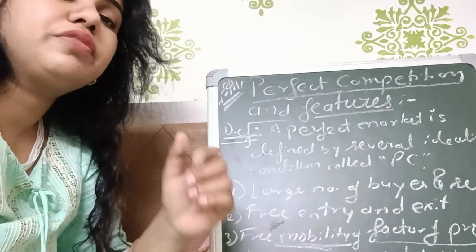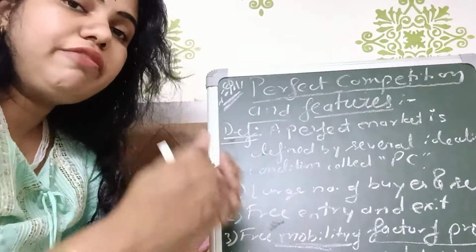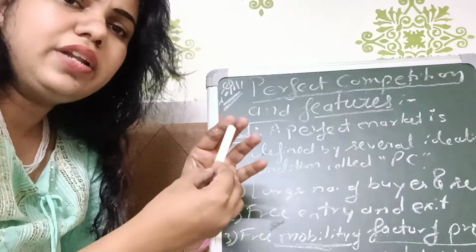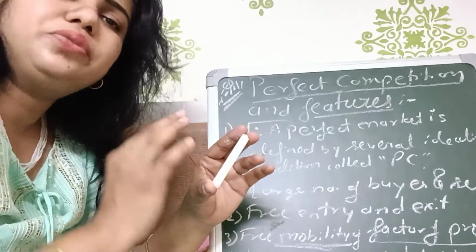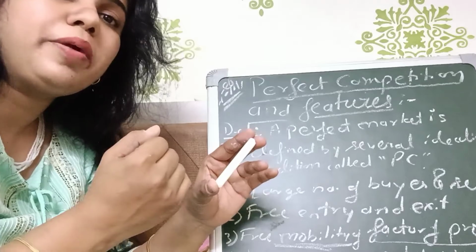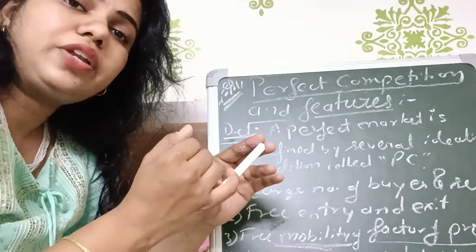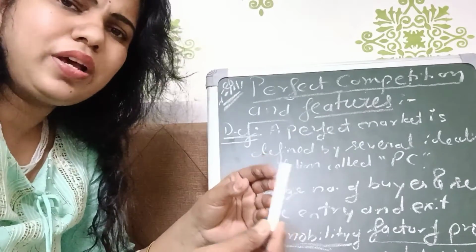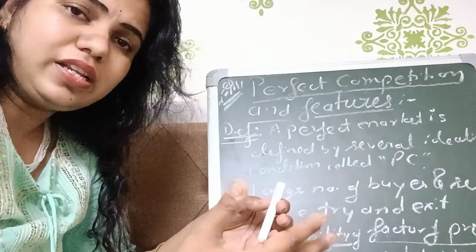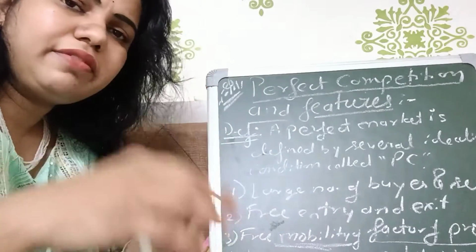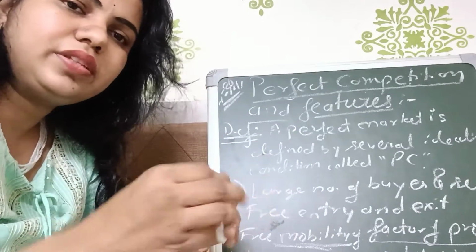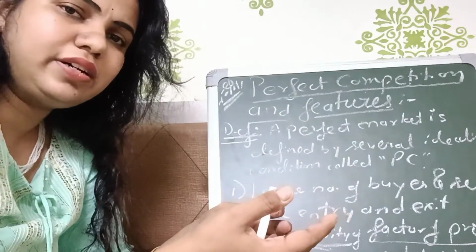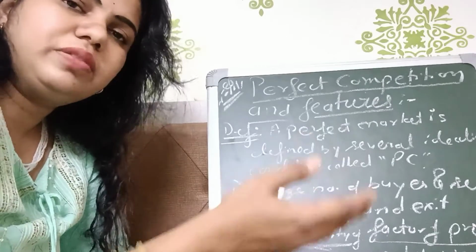Why is no transportation cost required? Because in this market, suppose I am a manufacturer and I want to manufacture this particular chalk, right? So for me the raw materials are available near that location only. I need not get the raw material from abroad, or take raw material from other states and spend lots of money on transportation. No, it's a basic product. If it is chalk, or if it is a vegetable seller, the farmers can cultivate the seeds in their farm,